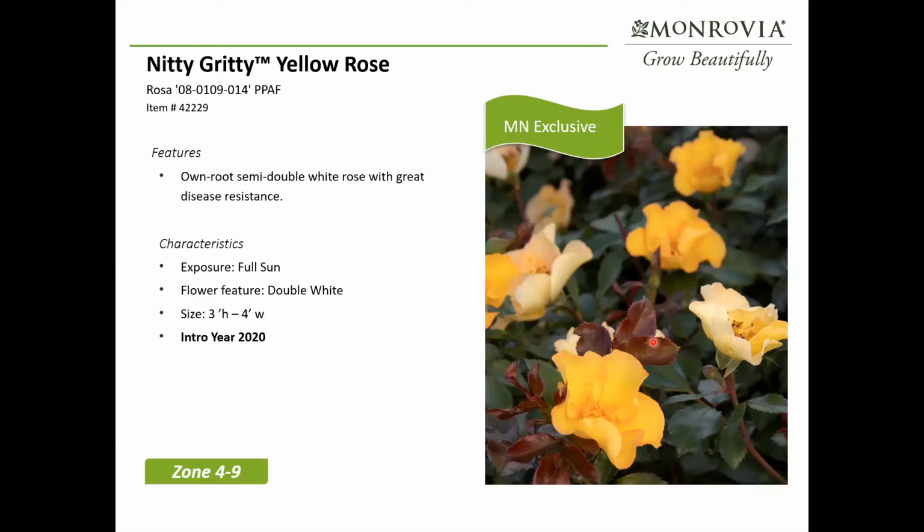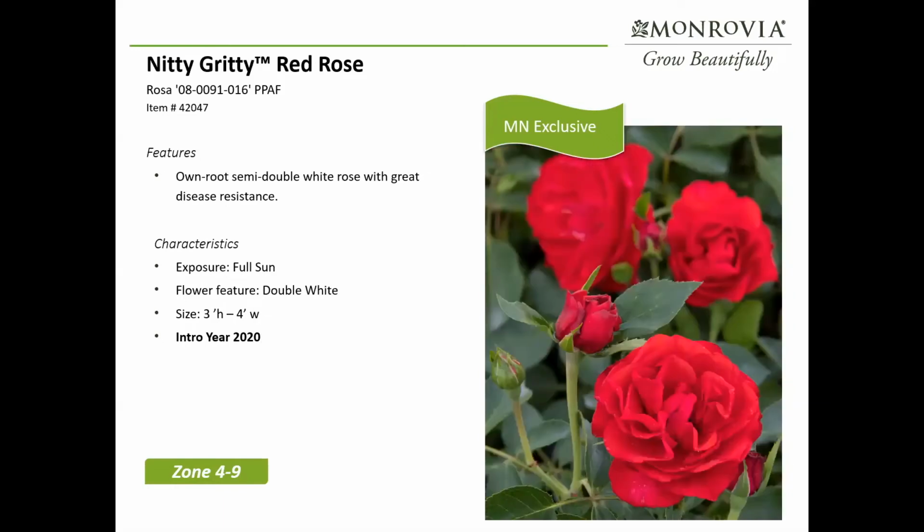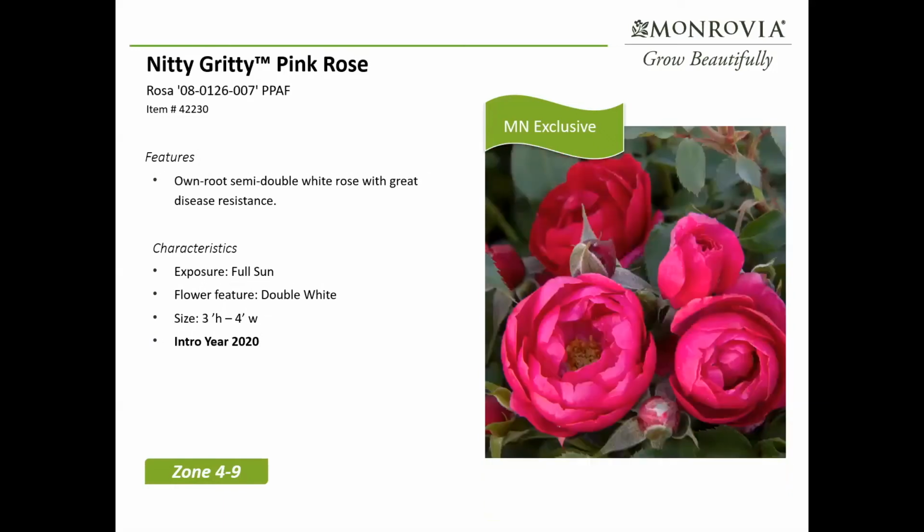And then the yellow is fantastic because it's electric. It's not pale. It's really bright. Oftentimes when it comes out with that peachy orange overlay to it, it's really quite a unique color. And Nitty Gritty Red and Nitty Gritty Pink. So we've trialed these all over the country, and we have them sold all over the